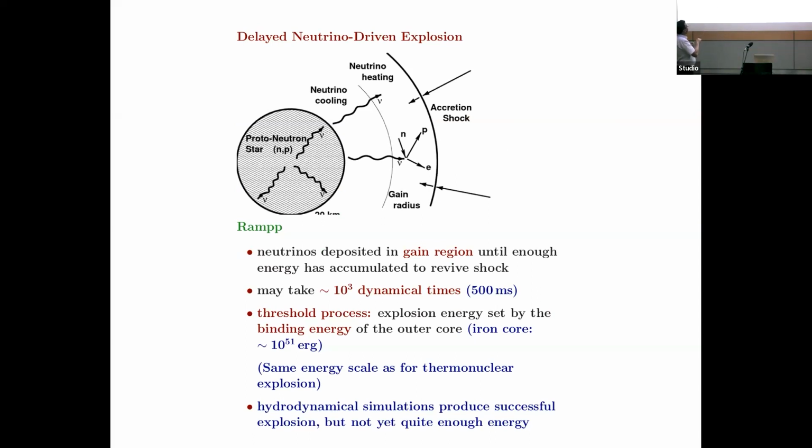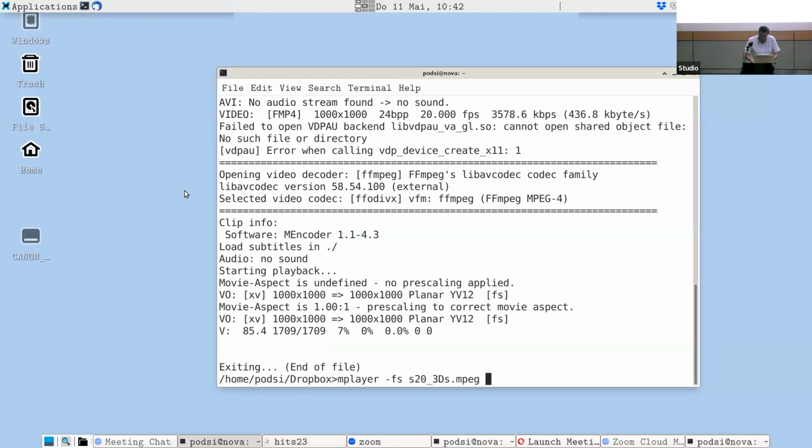And behind the accretion shock, we have a relatively high density. And while the proto-neutron star cools and emits neutrinos, some of that neutrino energy is deposited in the region just behind the shock. And if you wait long enough, you may have enough energy to transform that accretion shock into an expanding shock, to revive the shock, and then have that shock move into the envelope and cause the explosion. Now, that's the basic idea. In fact, let me show you